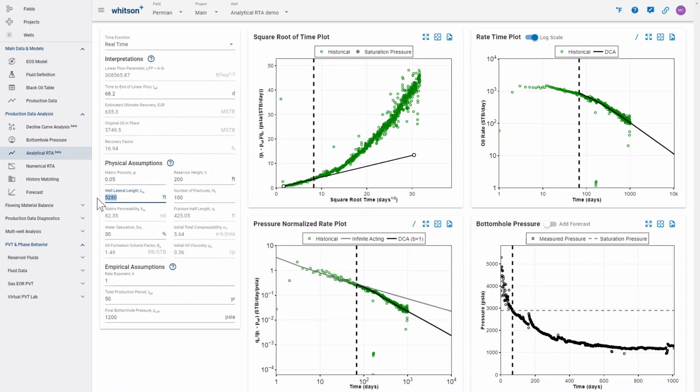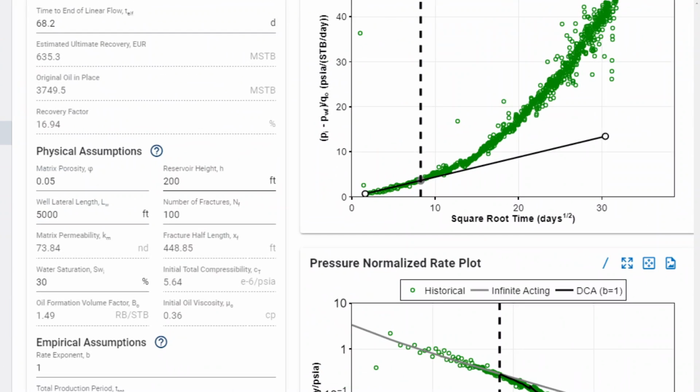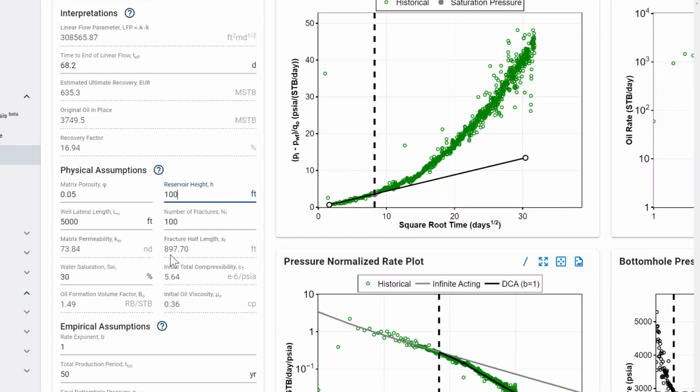And yet again, the same things apply, that if I change any of these parameters in this window right here, double my number of fractures, etc., we're just solving these parameters for permeability and fracture half